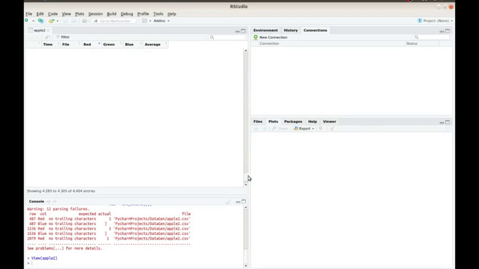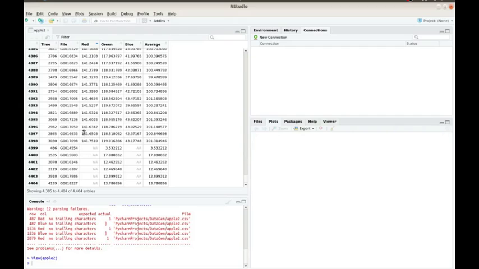If I look at those values, you'll see that in the red and blue it's NA, and in the green there is some questionable data here, as most of the green data is 100 and something. These are 3 and 17, 12 and 13, which suggests that there might be a little bit of a problem in the data. So what we will do is search for these image files right here and put them into